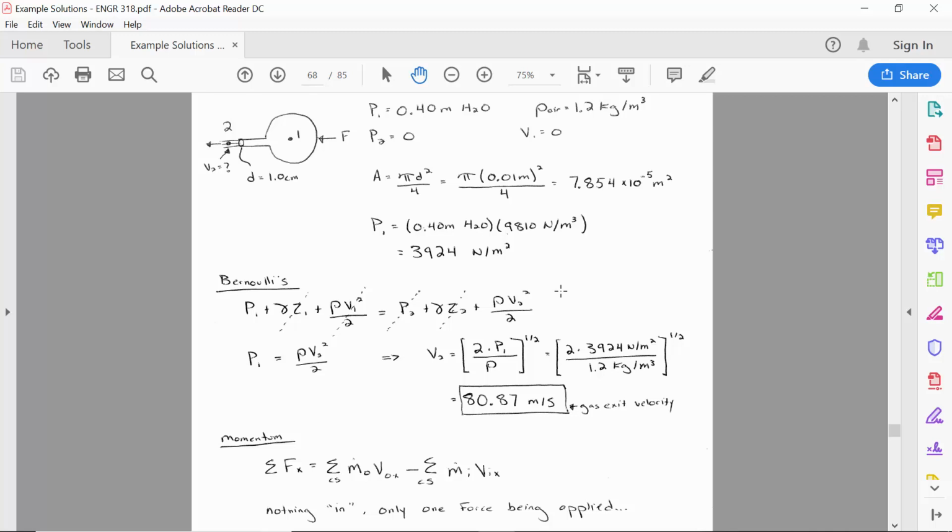So the question is, now that we know how quickly that jet of air is going out, how hard do we have to press on the balloon to hold the system steady so that it doesn't begin to accelerate to the right? Now this is where we use the momentum equation. So here for momentum,